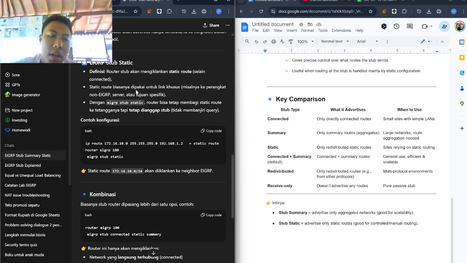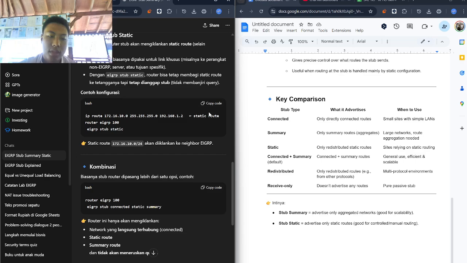The usual static route will be used for a special link, and if the device is non-EIGRP or a server, for a specific destination. With EIGRP stub static, the router can still advertise the static route to the neighbor, but it still has the stub title and it reduces the queries.